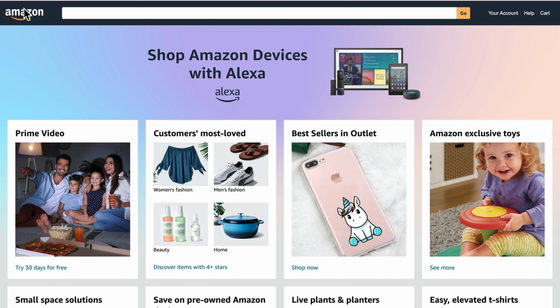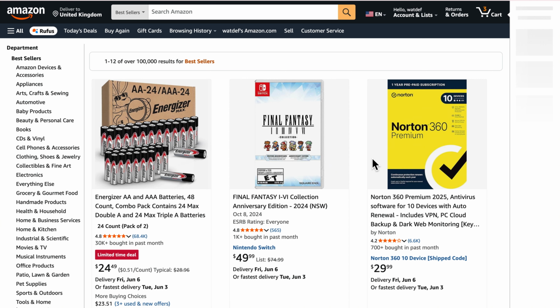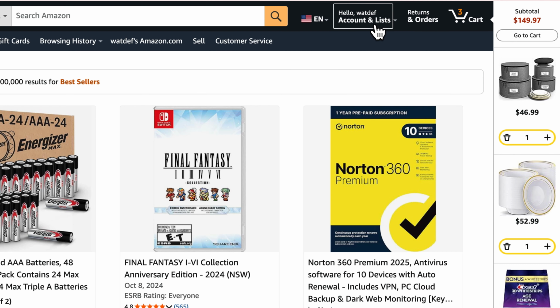Keep in mind that you need to be on a desktop computer, or choose the desktop version of Amazon on your phone browser, and not do it in the Amazon application on your phone. So on your Amazon homepage, you want to go to the top right of your screen and then click on